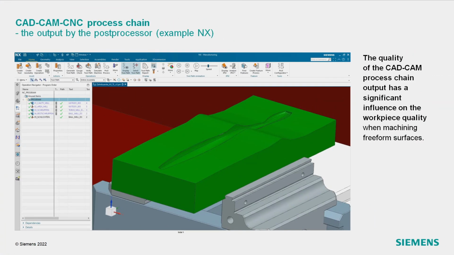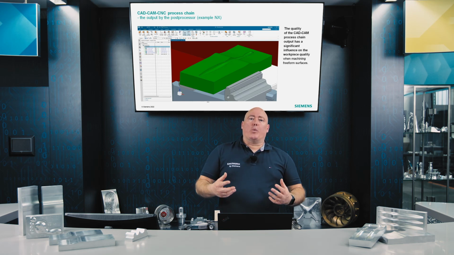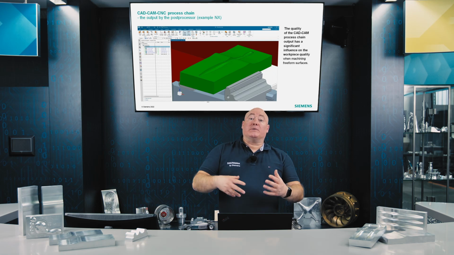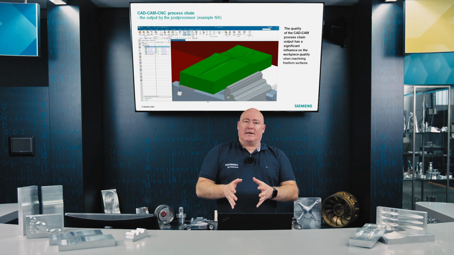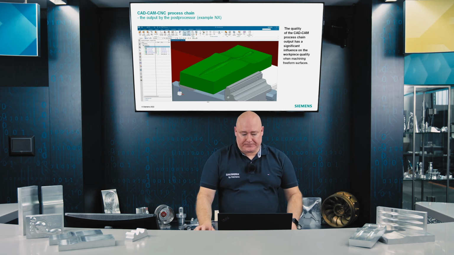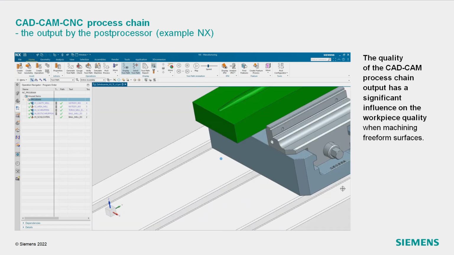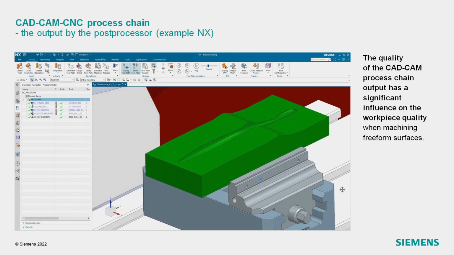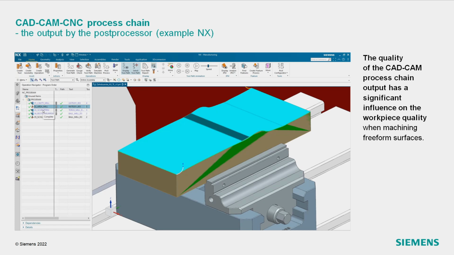Let's take a detailed look at how the CAD/CAM process chain works based on our NX CAD/CAM system. NX includes everything you need to edit CAD data and add programming in the CAM area, and of course also the post-processor, which is implemented to obtain the machine-readable format at the end. Here's an NX example where you can see the work holder, tools, and machine table. Basically, everything that's also used in the actual production process.